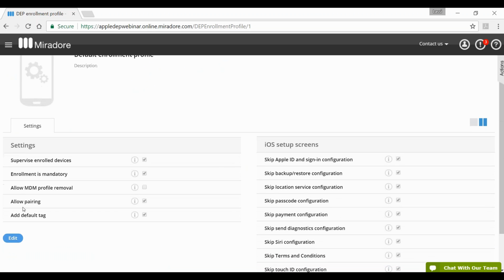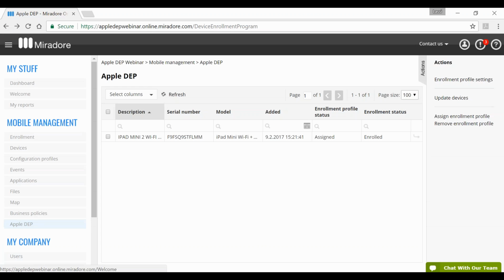As part of this, there was the selection of allow MDM profile removal. You can either allow it or keep it as default, so it's denied then. This means that the end user cannot remove the management. So I guess this should address the question. Yeah, I hope. Great, very good.